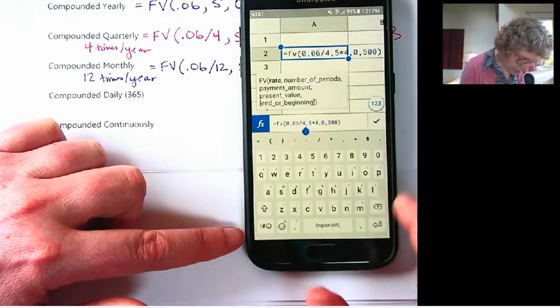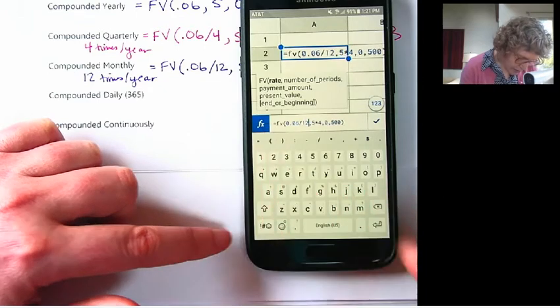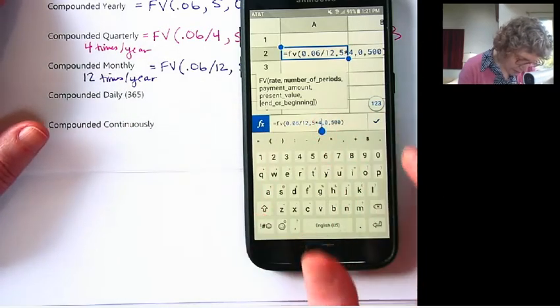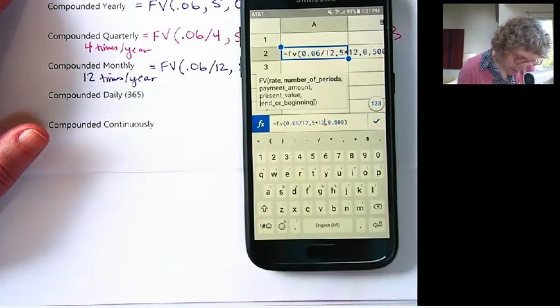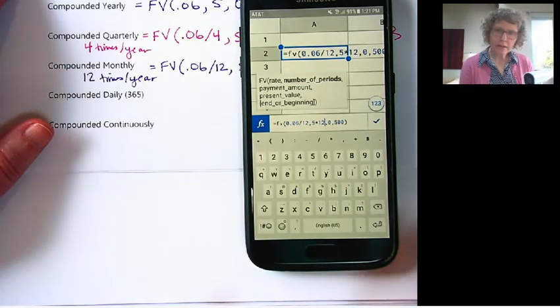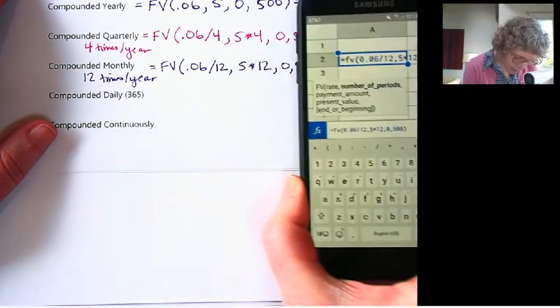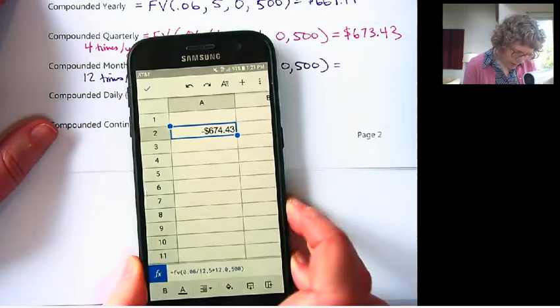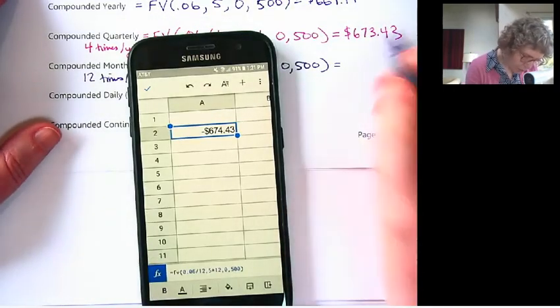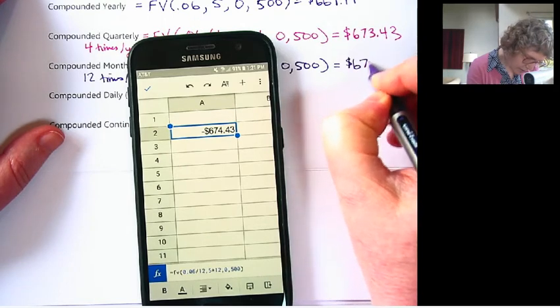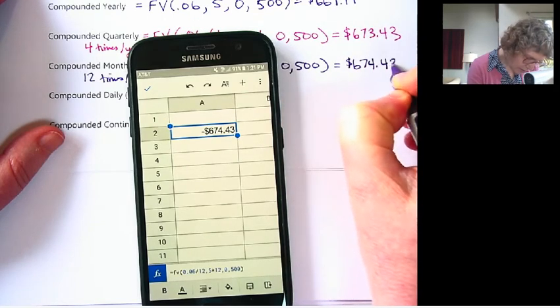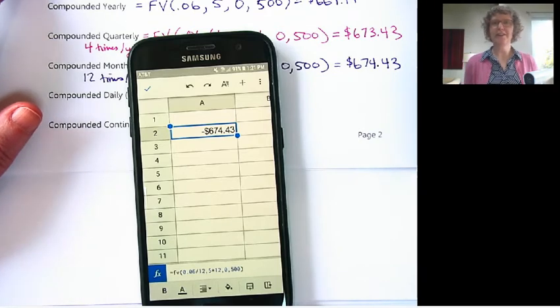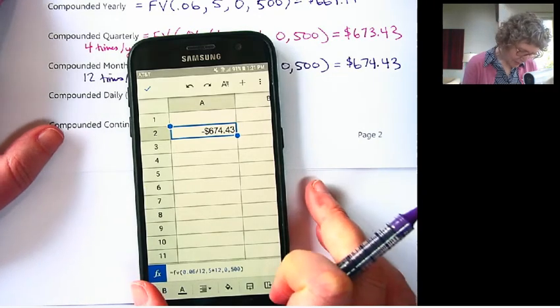So I want to change the 4 to a 12, and then right there, change the 4 to a 12. Okay, does that look like what I want? 674. Woohoo, we got one more dollar. 674.43.